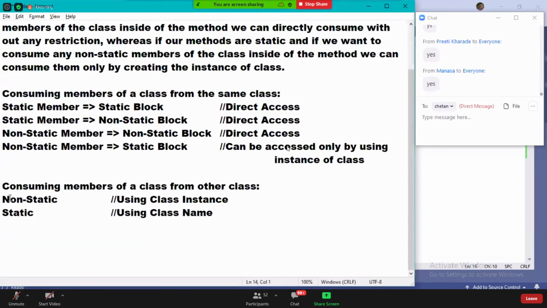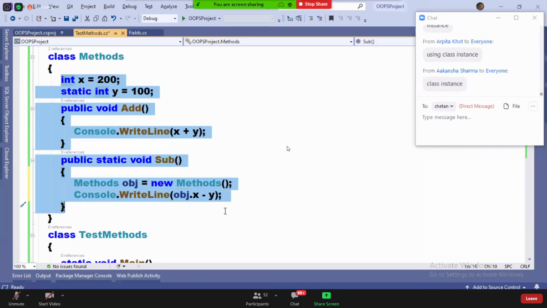I will show you here also. Non-static, how do you call? Using a class instance. Static, how do you call? Class name. Understood?